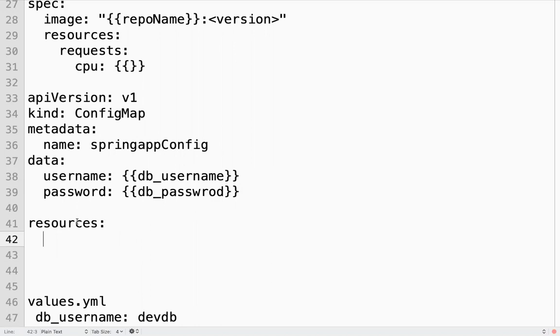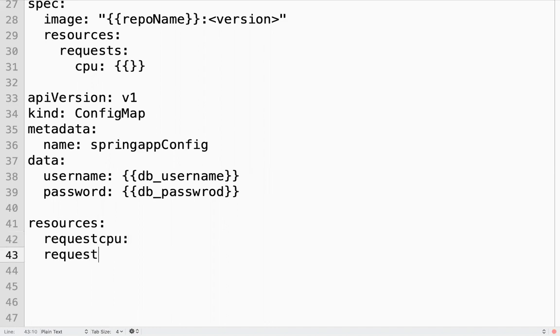Here you can refer, and from here you can access something like this: request CPU. Just a variable, you are defining one variable.